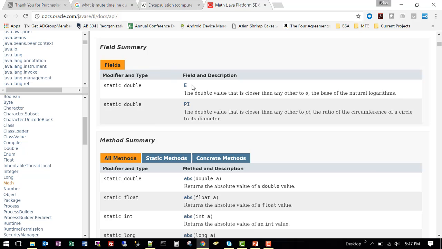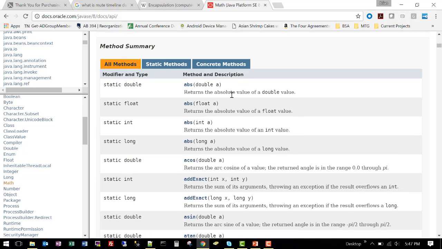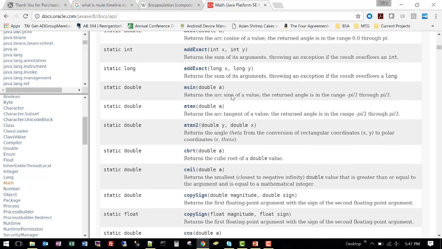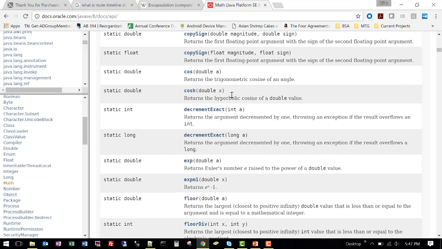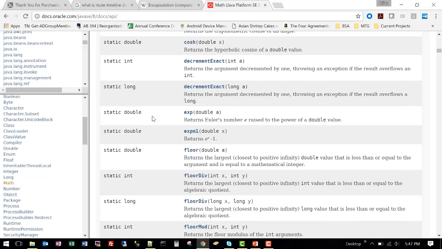These fields or properties are available publicly, and then here's a list of all the methods that you can use with descriptions, what is returned by them, what are the arguments or inputs to them, so that you know how